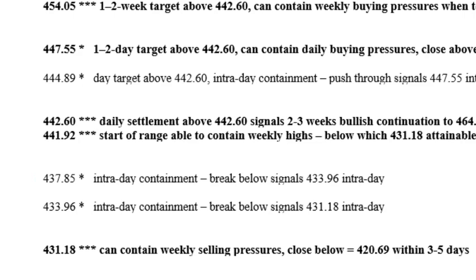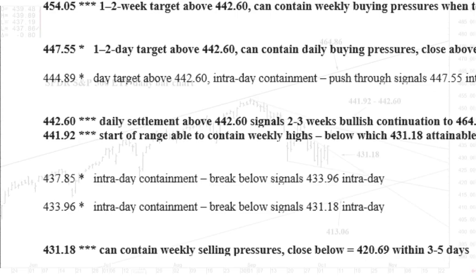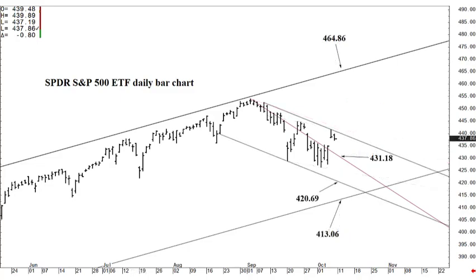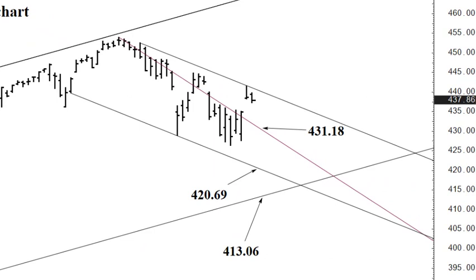And if so, yes, that 431.18 speed line becomes an intraday target where we can bottom out into later week. For the week itself, perhaps once tested, we could bounce back and rally back into the low 440s within several days. But if we close below 431.18, good high for the week, we should then over the following 3 to 5 days continue south to that 420.69 formation, which can contain weekly selling pressures,